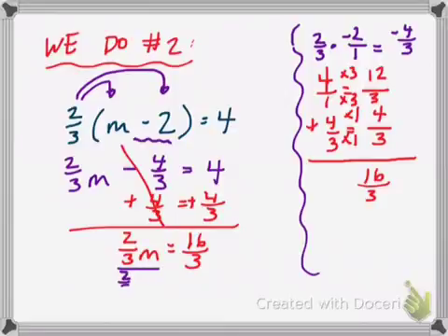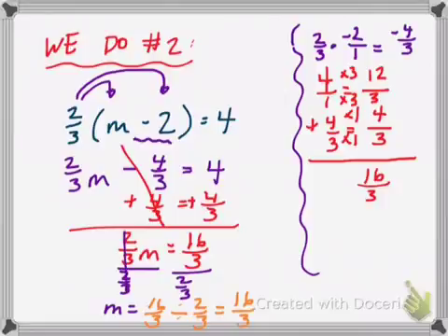And so now I know I can divide by my coefficient, which is 2/3. So I divide by 2/3, and I get m equals, and then I'm just going to rewrite my complex fraction. So it becomes 16/3 divided by 2/3, and that's the same as, remember I can do keep, change, flip. So keep my first fraction, change division to multiplication, and then flip my second fraction, and then multiply